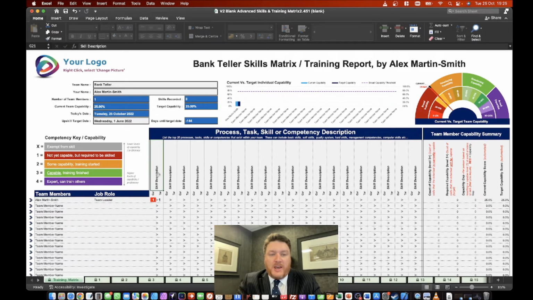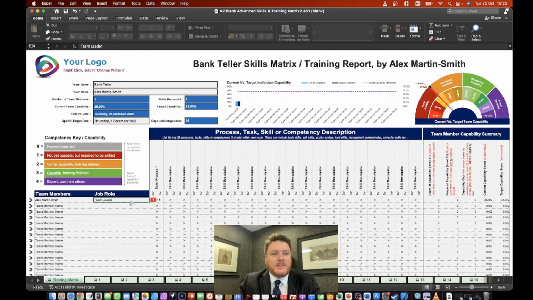And then you start to annotate the specific skills or competencies that exist in that team in order to deliver the service or product proposition. So we're going to keep this really simple and call it team process 1. Now, as we're adding these, we can see there are a few fields that we need to fill out. So that target date has already elapsed. So let's just change that to 1st of December, which means we've got 36 days to meet our target, whatever